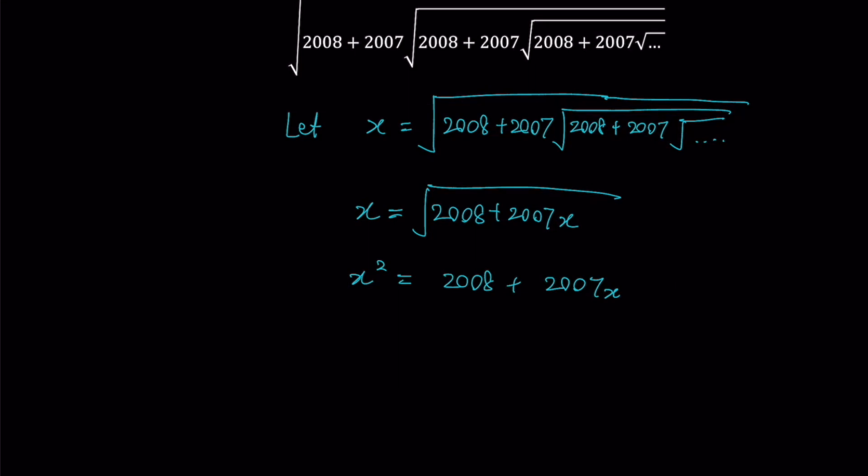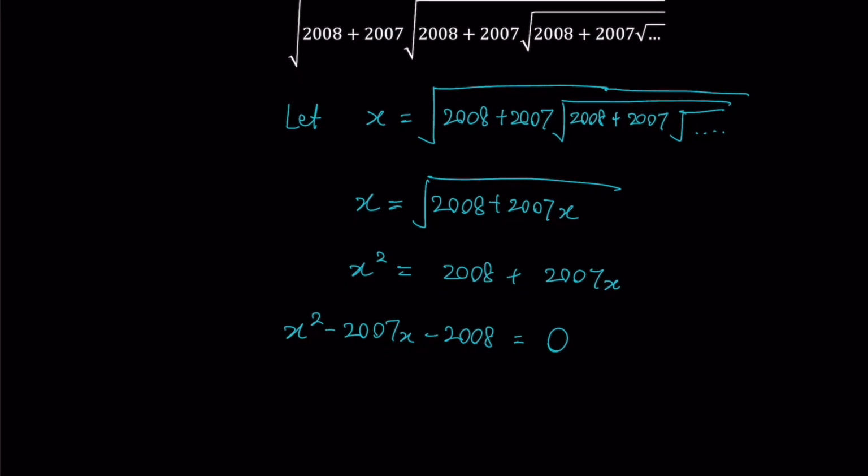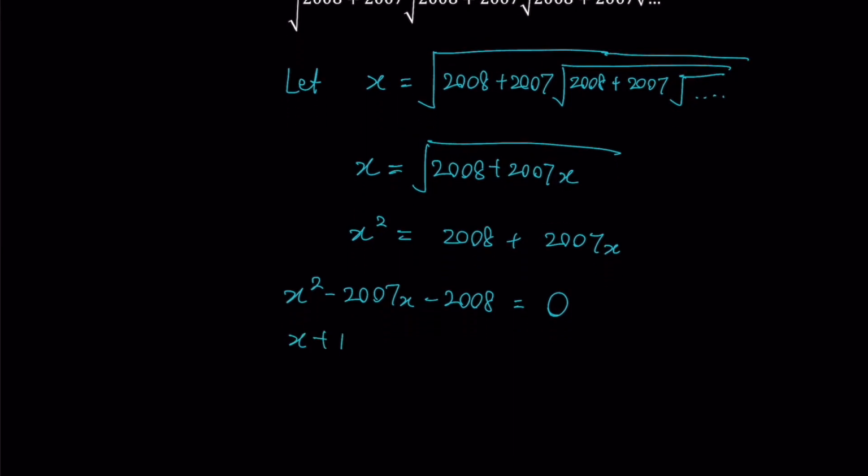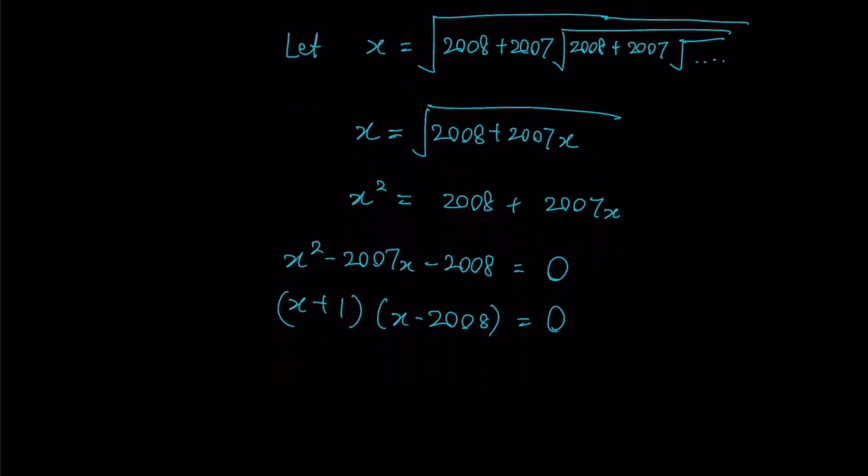So by shifting all the terms to the left-hand side, this is what we have, and this can then be factorized rather nicely into x plus 1 times x minus 2008. And at this stage, there are 2 solutions, and it is rather obvious which one we have to reject. Between -1 and